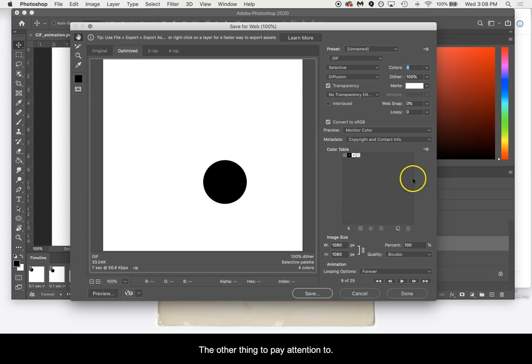The other thing to pay attention to is the image size down here at the bottom. All of these other options, feel free to mess around with, but the most simple path to an exported GIF is to check colors, make sure you have GIF, and then play around with the size. So as I look at the size, I made this to be 1080 by 1080, and I don't actually need it to be that big. So what I can do is go to this percentage box and turn it to 50,